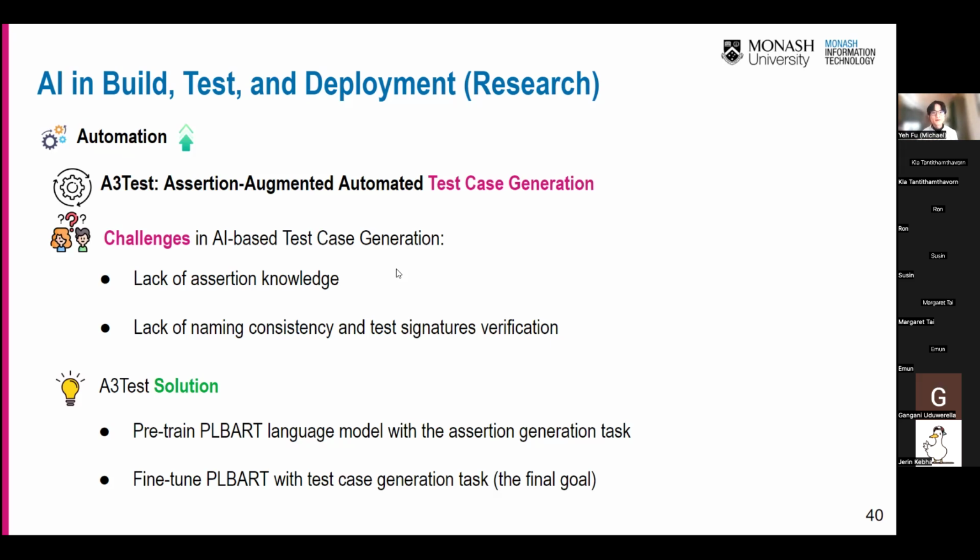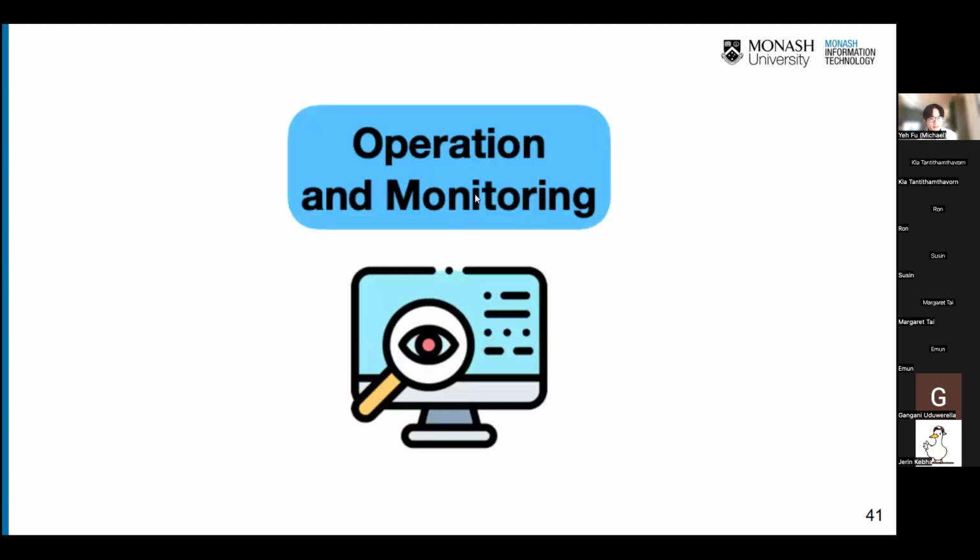They found that this approach enhances the model's awareness of assertion knowledge when generating test cases, so it can generate more useful test cases for developers. Previously, most of the time, test case generation models just generated something not usable for developers, and it was a waste of time. Here is the full paper. You can check it out.